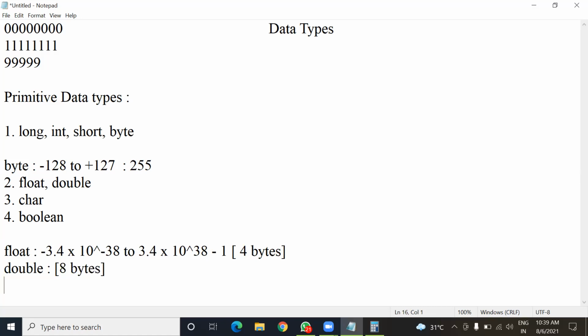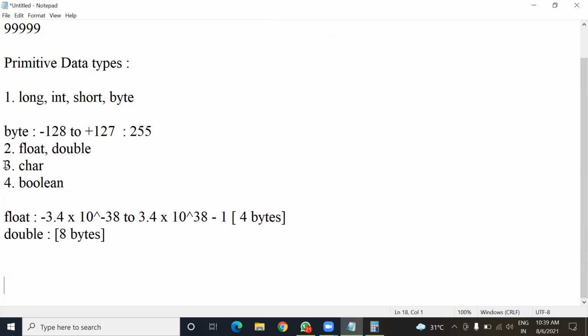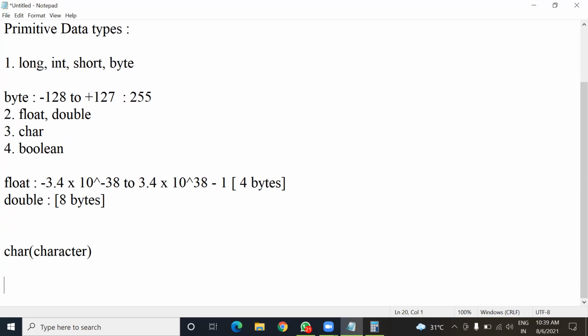Now see another data type, that is char. Here char stands for character. If you have to store a character value in a variable, you have to declare that variable of type char. For example, if I declare char ch, here ch is a variable, and this ch variable can store a character type of value.